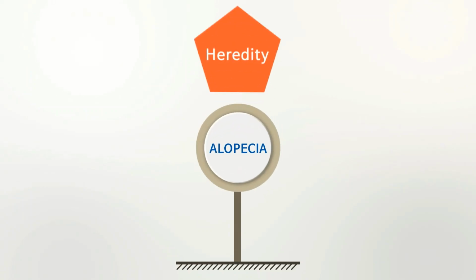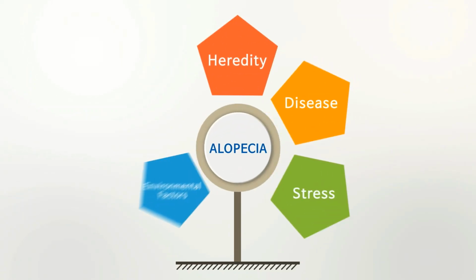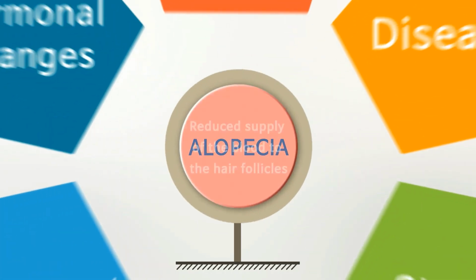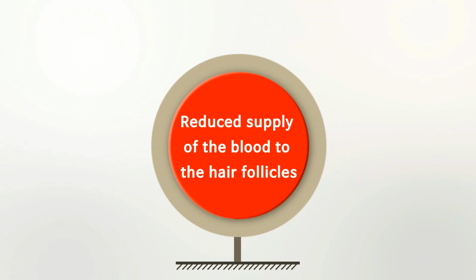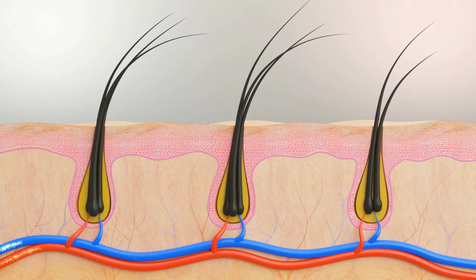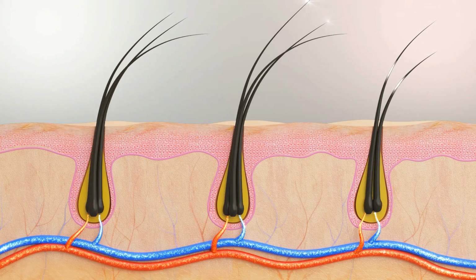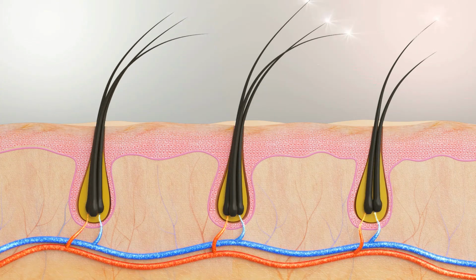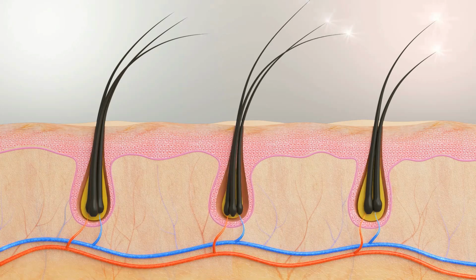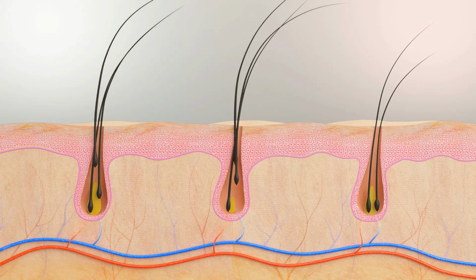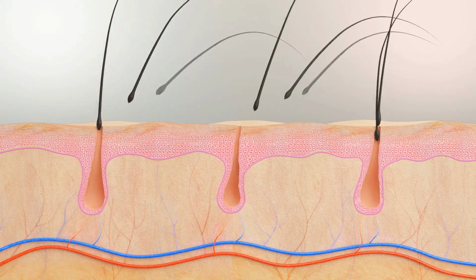Hair loss is caused by one or more complex factors, such as heredity, disease, stress, environmental factors, and hormonal changes. But the main mechanism is defined as the reduced supply of blood to the hair follicles. When the scalp is healthy, there is a good level of blood supply to the hair follicles. However, when hair loss gets started, the hair follicles are not smoothly supplied with blood. Thus, the capillaries connected to the hair follicles become narrower, and the hair becomes thinner, resulting in hair loss and